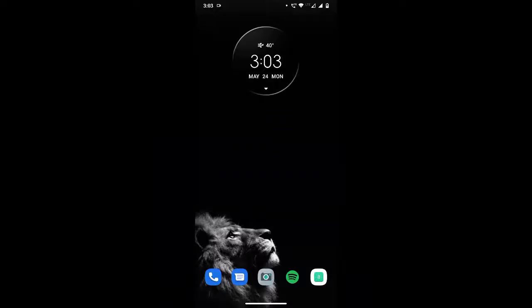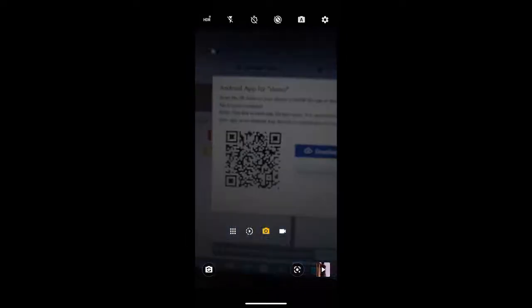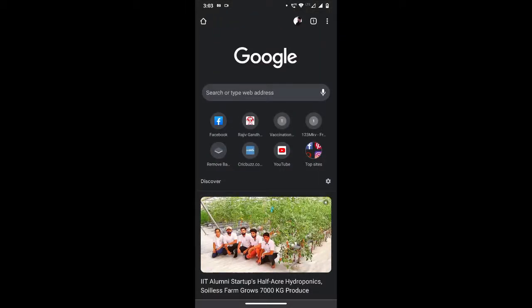So we have our app QR code through which we can download this particular app. I'm turning on my camera, scanning this QR code, copying the text, and then moving towards Chrome.